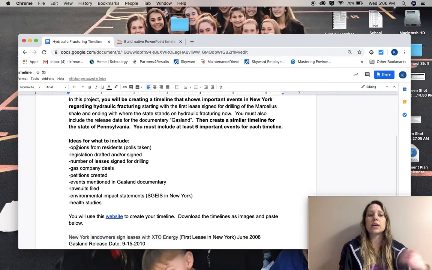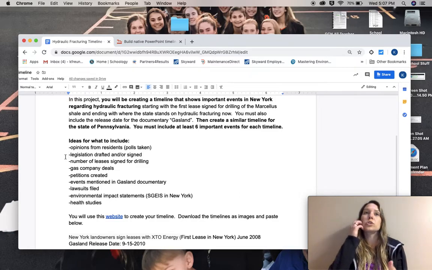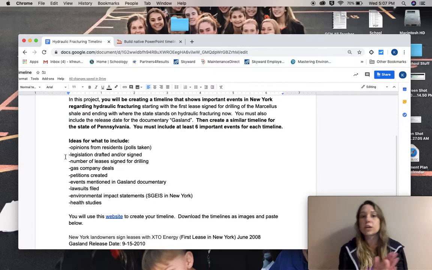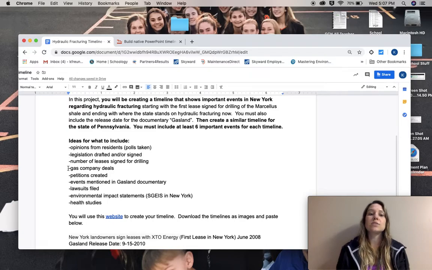So using an opinion poll from residents, and if you can find an article on how residents are feeling, if there was a poll that was taken about hydraulic fracturing, any kind of legislation that was drafted or signed, for example, if they were to do an environmental impact statement, or they made an amendment so that hydraulic fracturing was not included in a certain environmental regulation, any kind of deals that gas companies made with owners, like big purchases of land, things like that.